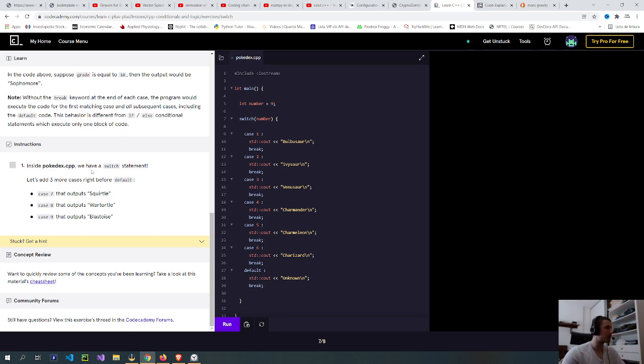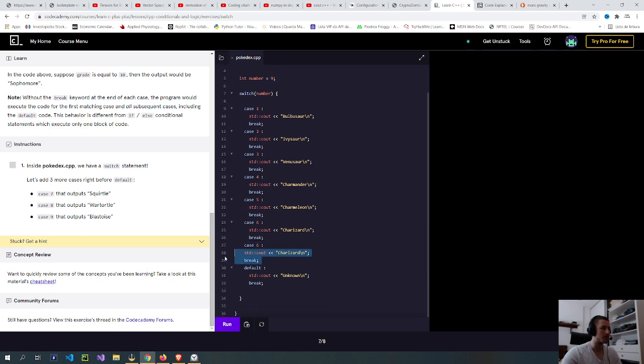Inside Pokedex.cpp, you have a switch statement. Let's add 3 more cases right before default. So I'm just gonna copy so I don't have to write everything. For some reason, this is not copying exactly how it's written there.